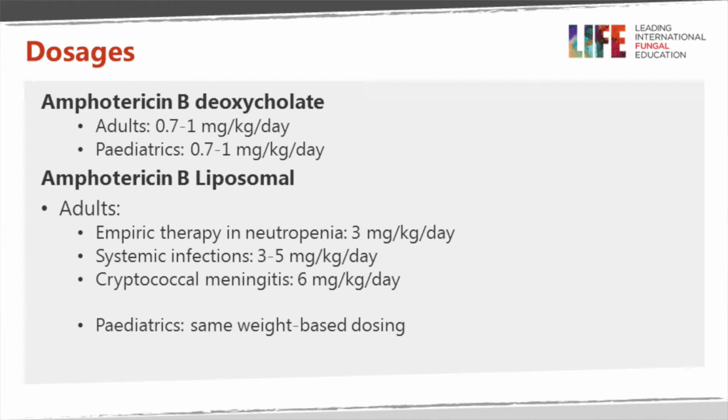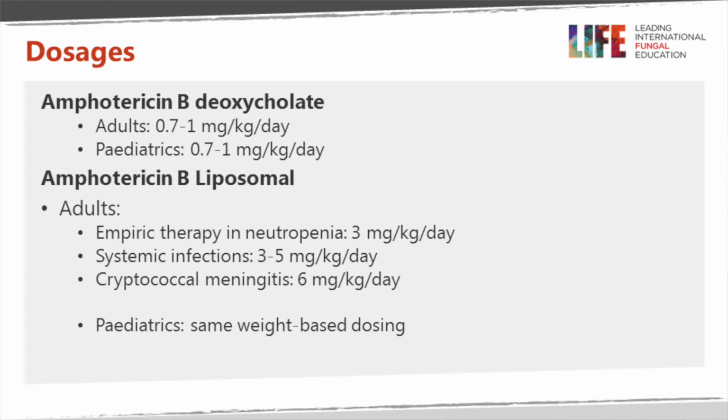The conventional dose of amphotericin B is lower, usually between 0.7 and 1 milligram per kilogram per day, and that's a similar dose in paediatrics. In the adult doses, as you can see, we tend to use the liposomal form at a higher dose compared to the conventional,